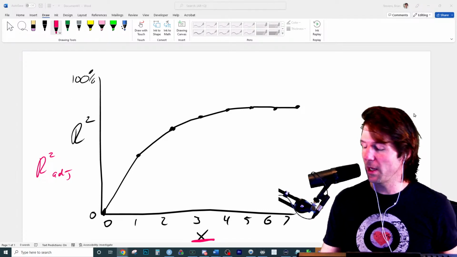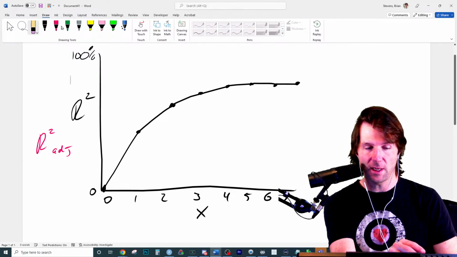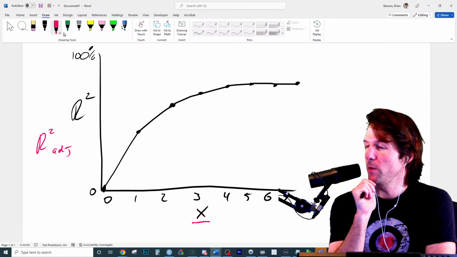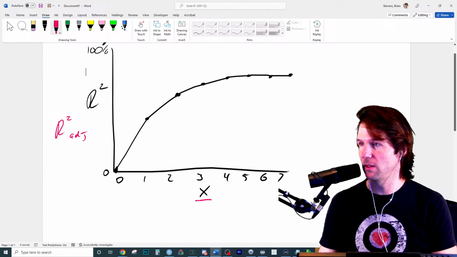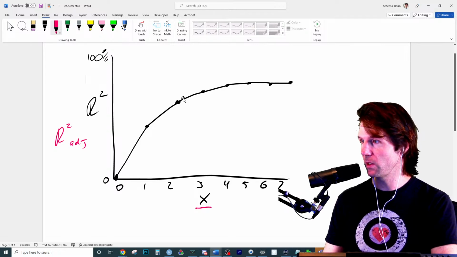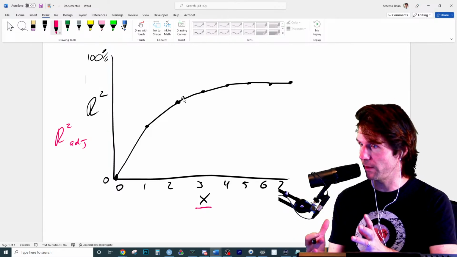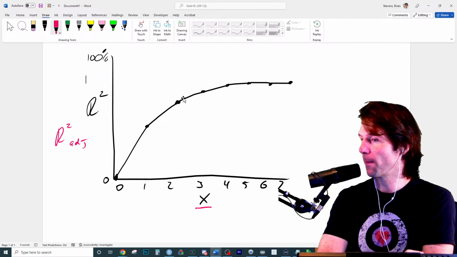The r squared is based on how many x's you add to the tree. Who follows that? So where would we have a greater penalty? Where would the highest penalties be with r squared adjusted? R squared adjusted is an r squared penalized for how many x's you add. We could look at the mathematical formulas, but that's the conceptual nature of it, is that you're now going to penalize yourself when you add in x's.